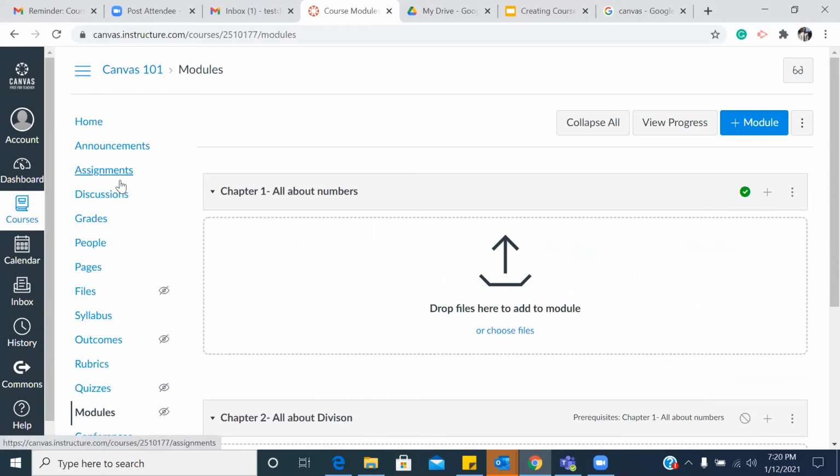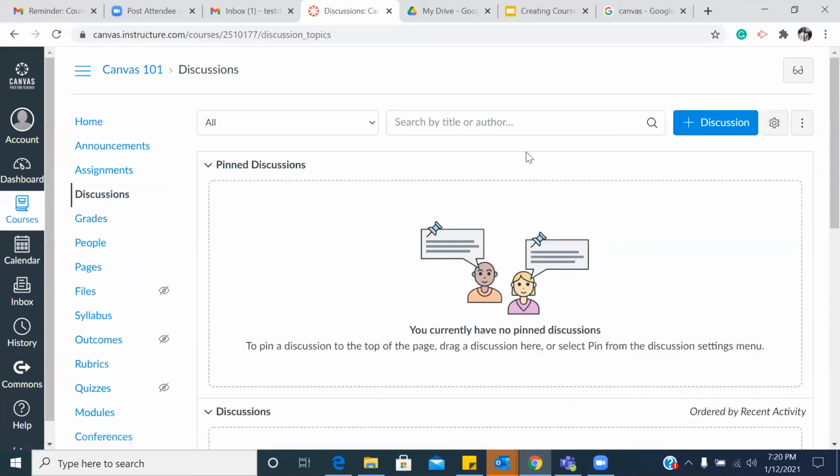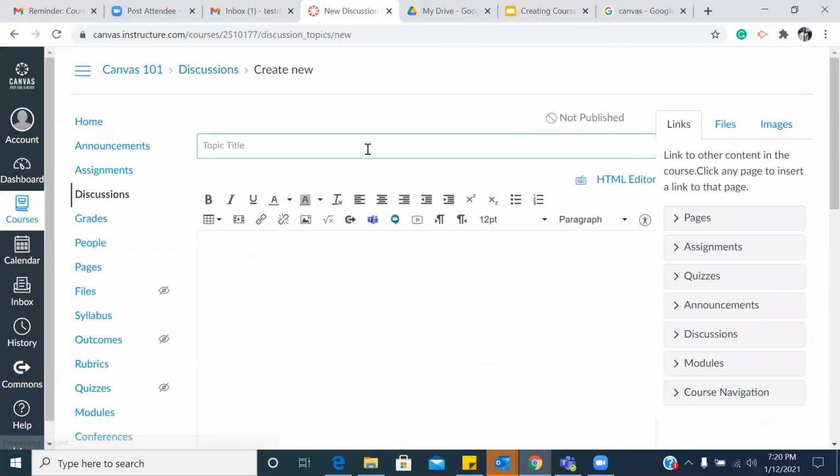You'll be able to see them on the left hand side navigation menu. I'm sorry, and then if you want to be more logical, if you want students to read module 1 and then do discussion about the modules, you can create a discussion too. As I said, there will always be a plus sign here in the Canvas learning management system. If I go here and choose discussion, topic title, I can say chapter